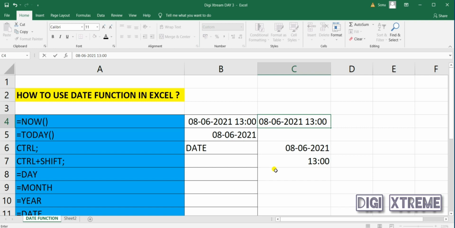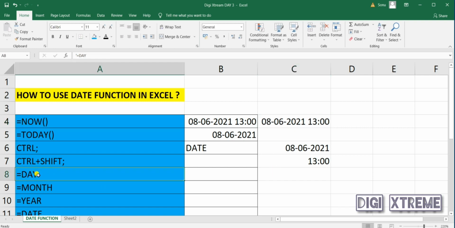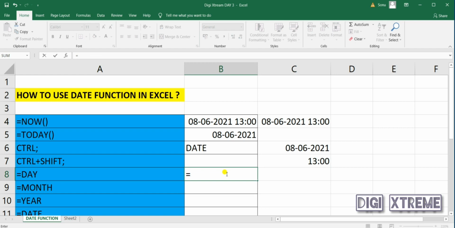Fine. Now let's find out the day. If you want to know today's date only day, which day is today, there is a formula called DAY. You have to just apply equal to, then DAY.